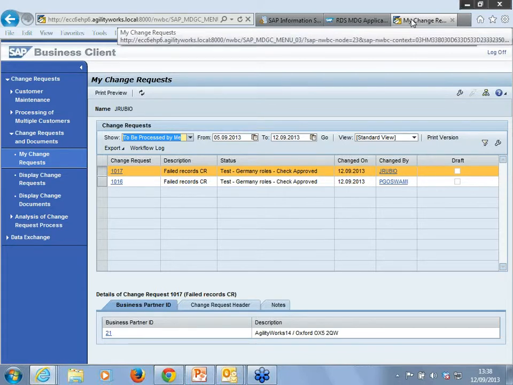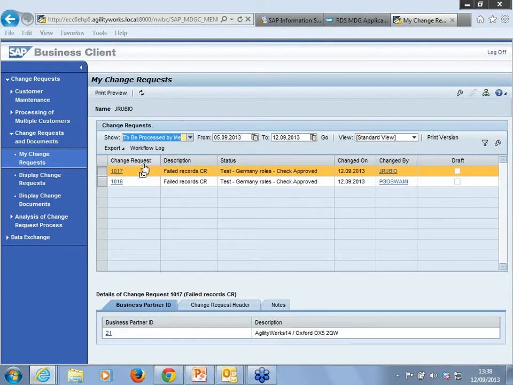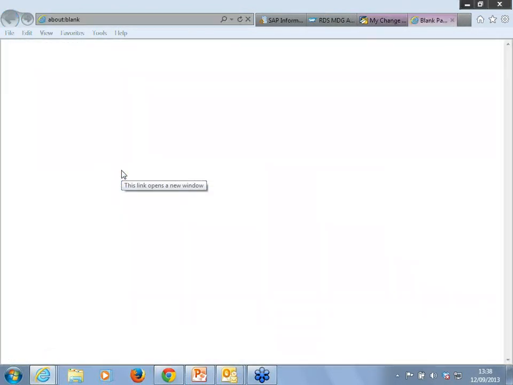This is now showing all of the change requests that are in process for the user. I think we've logged in as a J Rubio in this example. So if we now click onto that change request,